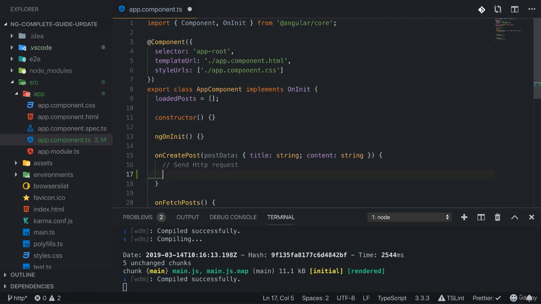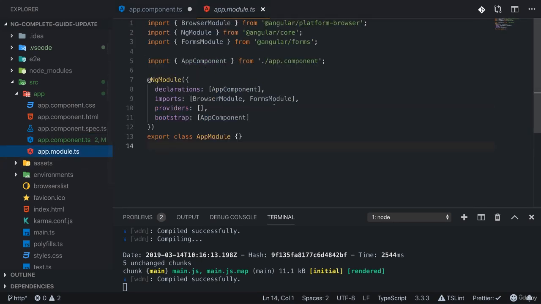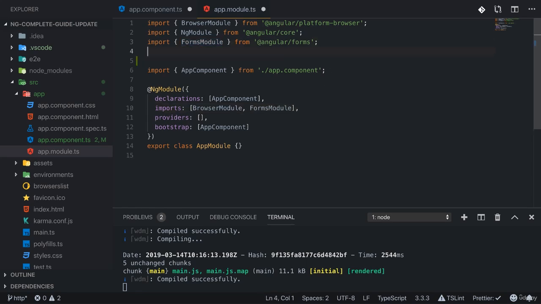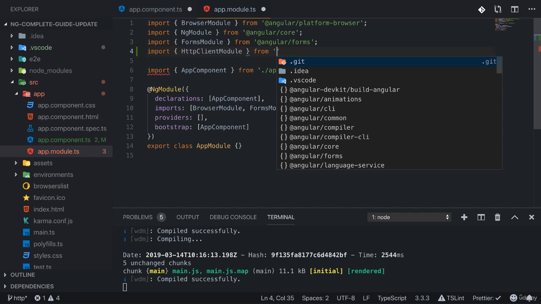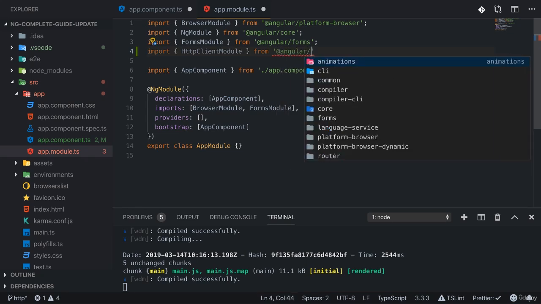And for that, we need Angular's help. To be precise, we need to unlock a new feature, so to say. In the app module, we have to add a new core Angular module, or a new module baked into the Angular framework, I should say, which is the HTTP client module. For that, you simply import HTTPClientModule here from